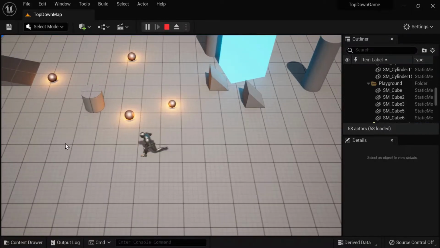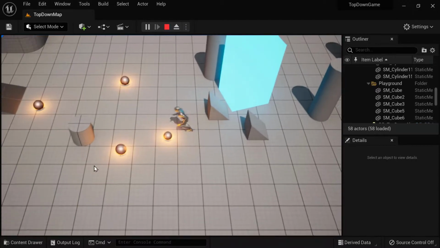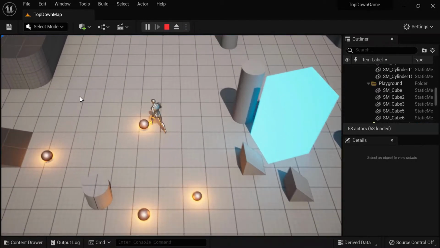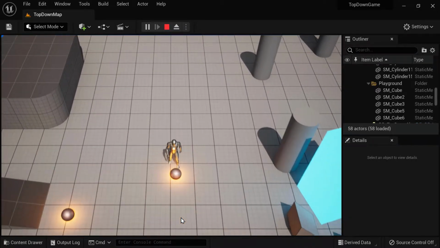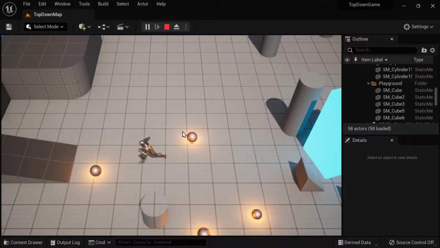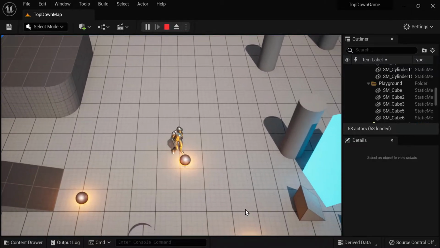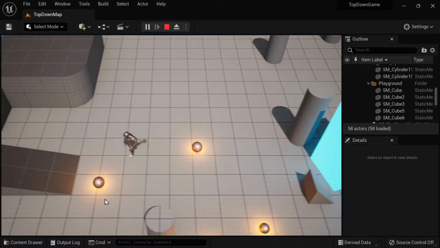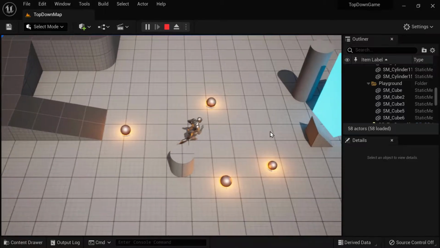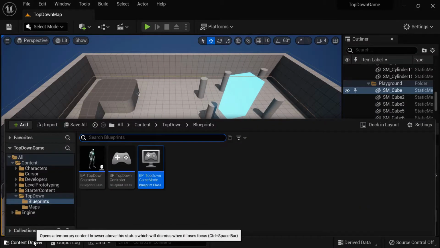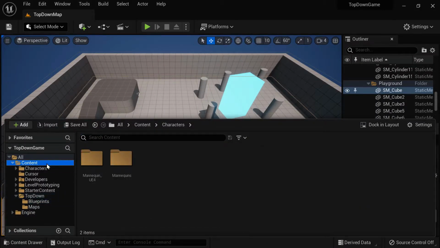In this lecture, we're going to learn how to destroy a collectible or food upon player collision. Currently, if we collide with the food, we just hit it, but it doesn't disappear. So in this lecture, we're going to make the food disappear, as though the player collected it or ate it. For this, we are going to open our content drawer,